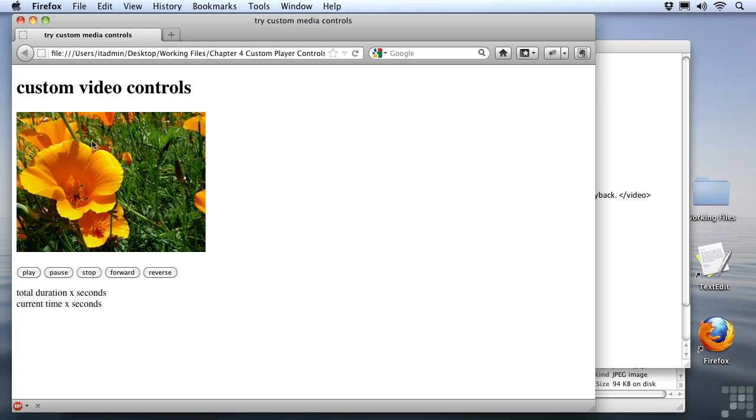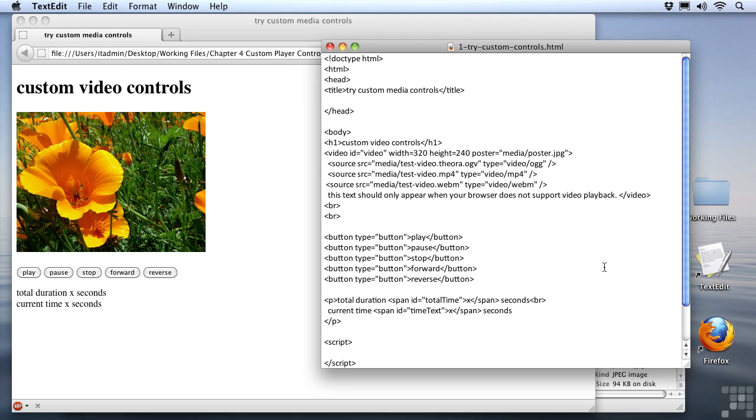You can see I still see the poster frame, but notice what's missing: all of the controls. We basically have a video here, and we don't have any means of playing it. So that's what we're going to do next, is hook up our buttons so that we can actually play and pause the video with our controls instead of the built-in ones. Of course, we're going to be using JavaScript for this. And the video API that's built into HTML5 now has some really easy functions that we can call in order to hook up controls. Obviously, we're most concerned about playing the video first, so let's set that button up as